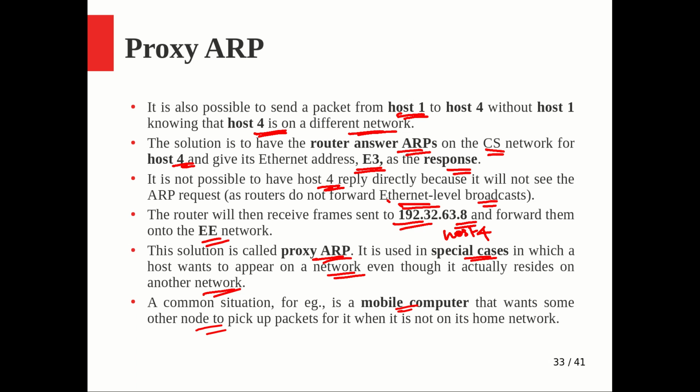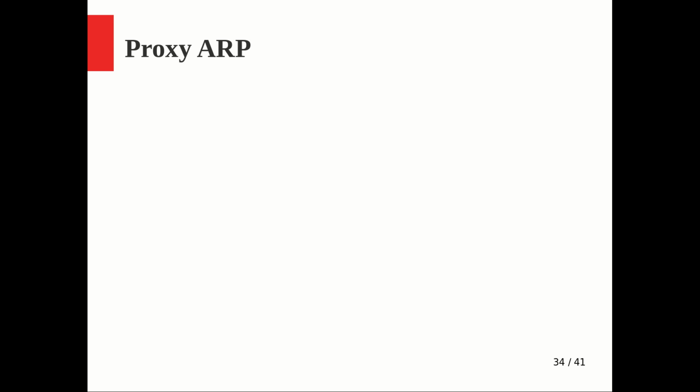For every ARP request, it will take it and check whether it is on the same network or on a different network. If it is on the same network, it will keep silent because someone else is supposed to reply to that ARP broadcast. But if it is on a different network, it will reply with its own interface address so that the sender can send the packet to it. Something like that. A slight variation of what we already saw, right?